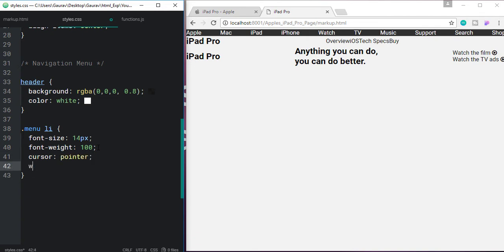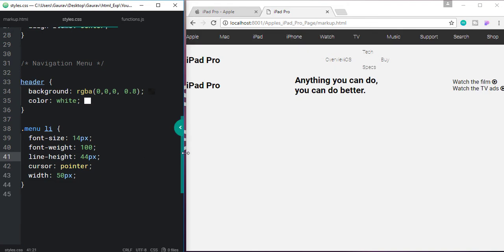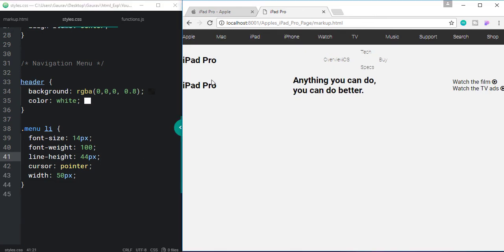And let's give them a fixed width of 50 pixel, and let's add a line height of 44 pixel, so we will get some space in the header. Let's save that. Okay, as you can see, the header is now looking good.